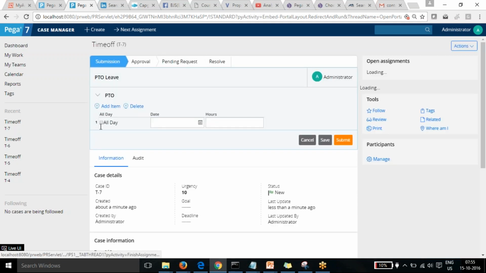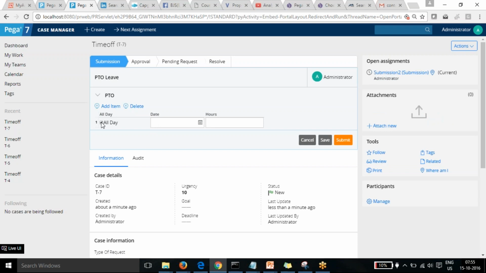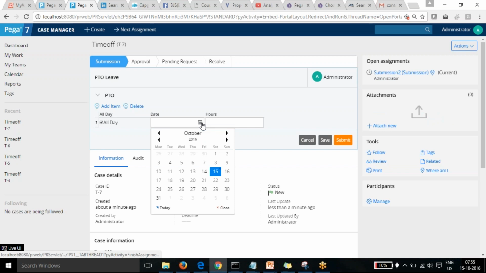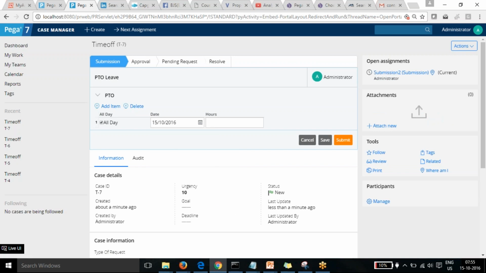Okay, so now if you want all day, you can choose an all day checkbox. For the Boolean, it directly picks a checkbox type of the property, and for which day you can select the date, and for hours you can skip.